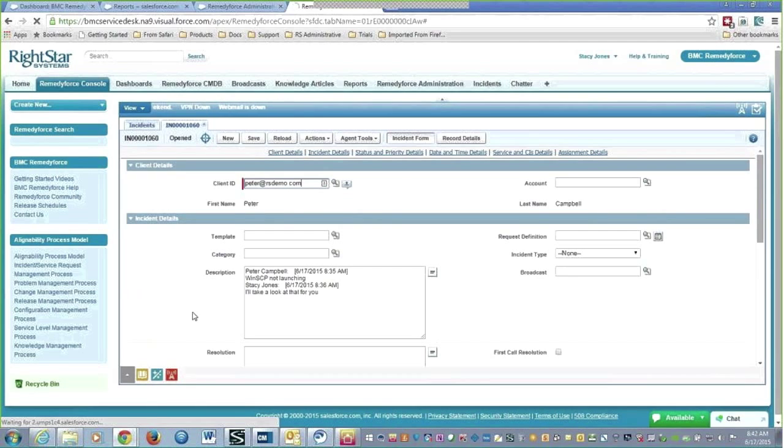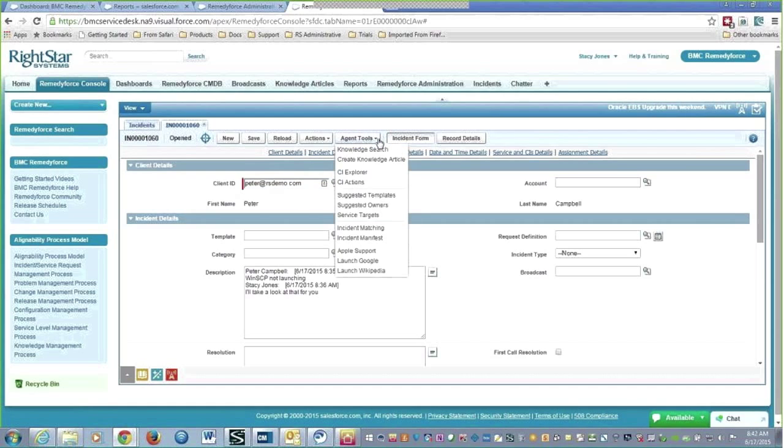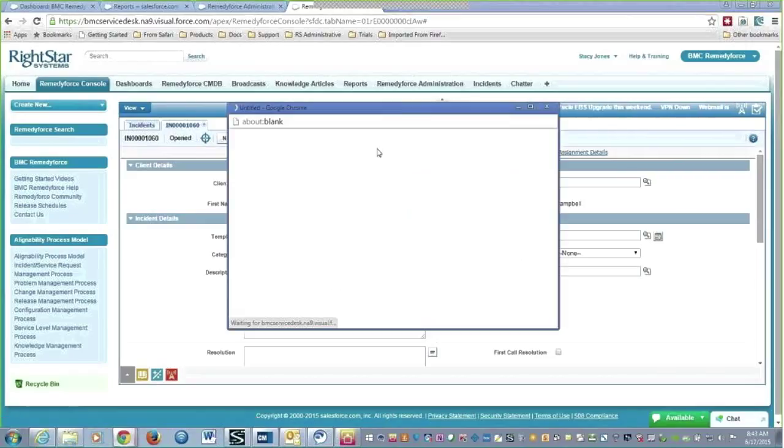Okay. So this one, they're talking about the WinSCP. So from a technician perspective, we are providing them with tools to help them resolve this particular ticket. Now, at the very top, you'll see knowledge search. So let's say I'm a new user and I'm not necessarily aware of that WinSCP, but what I can do is go ahead and look through the knowledge base to see if there are some articles created. Maybe my colleagues have seen something like this and have done a resolution for it. So if we just do a quick knowledge search,